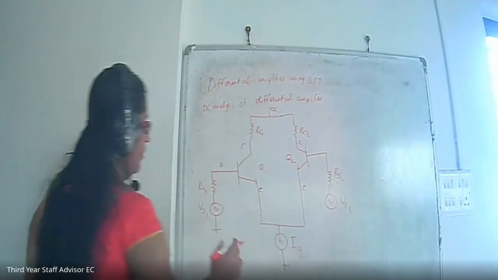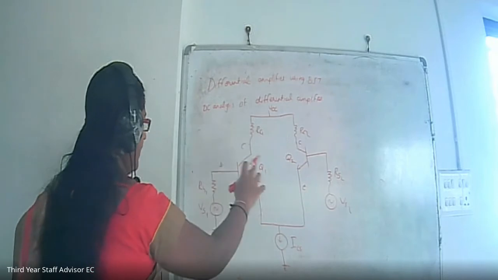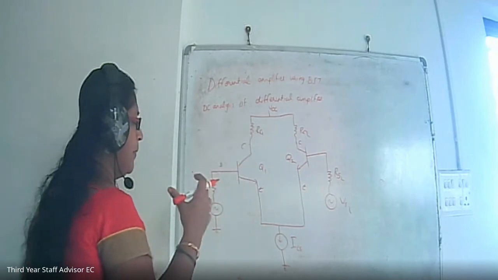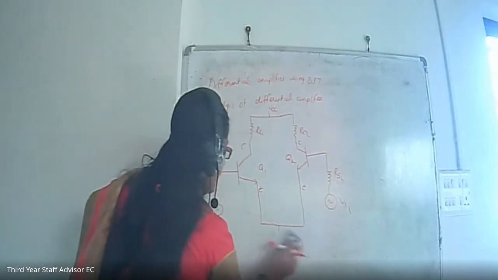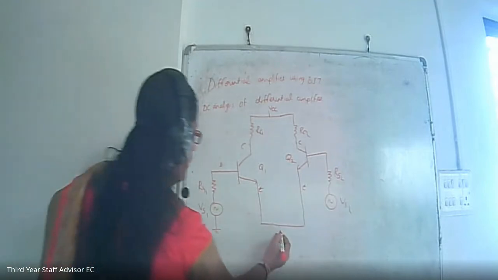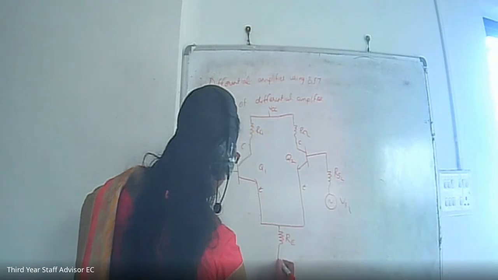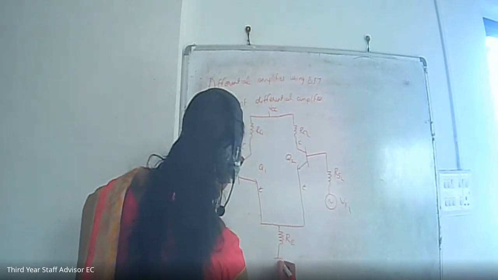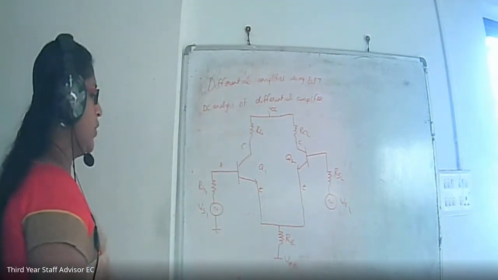But when we are taking the transistors, or connecting them in this manner, sometimes some difference occurs. For that, we change this to a resistor. That means this is transferred into a resistor. We are replacing it with a resistor, that is Re. And here the biasing given to this path is minus VEE. So this is the actual circuit.